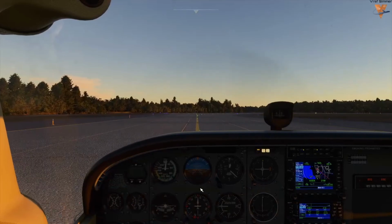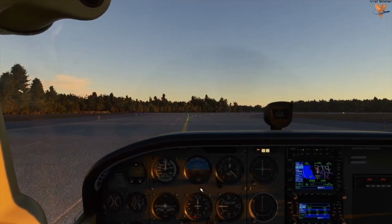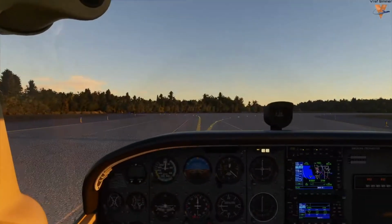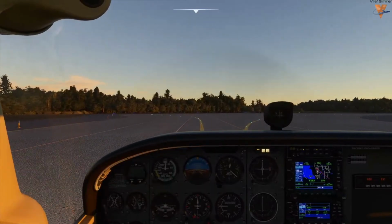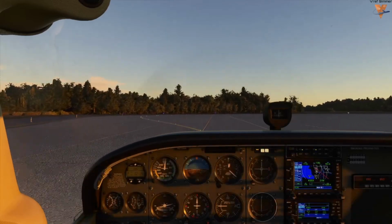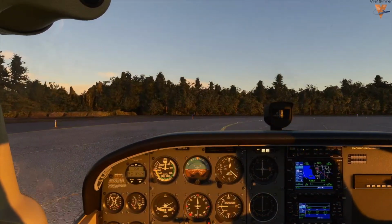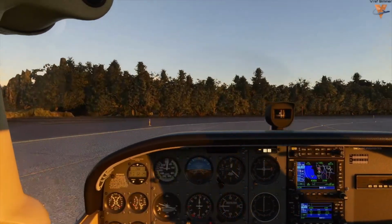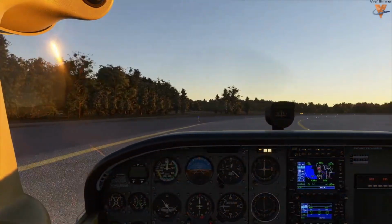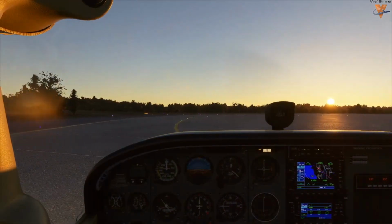Alright, windsock's looking calm, that's good. We'll pull up here into the run-up pad and go ahead and do our run-up checks, make sure our engine's working well before we head out to pretty much the bush. I mean, this Tieton State is just kind of an unimproved strip out by Mount Rainier and the Rimrock Lake. So I chose it as this leg just mostly for scenic purposes. And maybe getting out a little later than I had planned, so it might be a little dark when we're getting there, which could make for some interesting